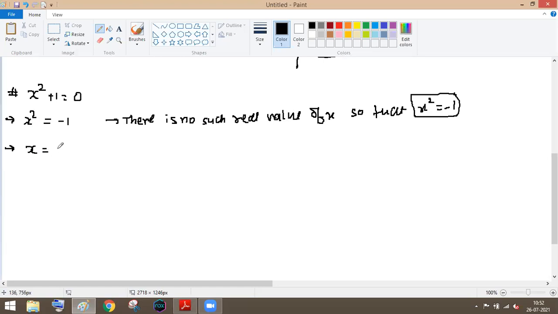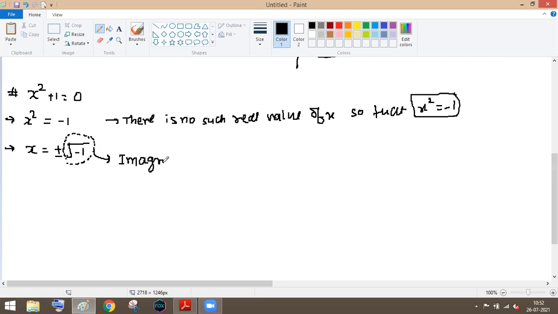Here x will be equal to, if suppose we have x square plus 1 equal to 0, then x square equal to -1, then x equal to what, plus minus root over -1. Can we say that x will be plus minus root over -1? Okay. And they introduce this term, and we don't have any real value for the root over -1. So they introduce this term as an imaginary term.